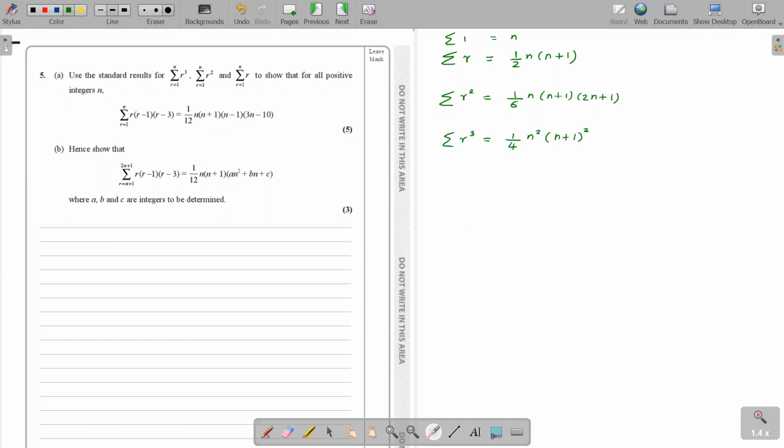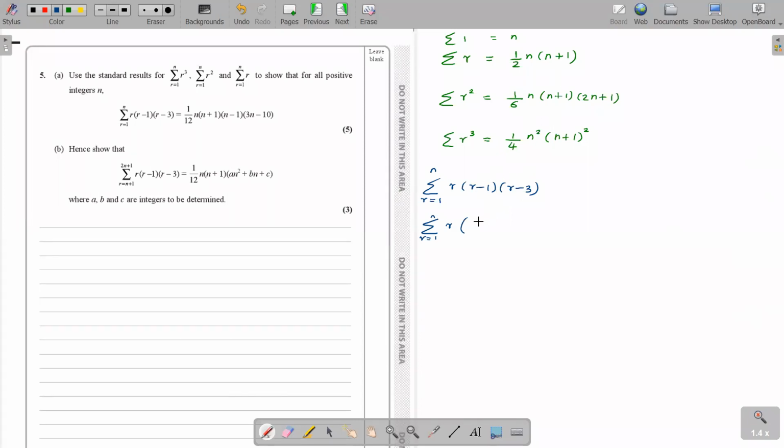Okay, so I have written here the standard results, including the summation of 1, all from 1 to n. So the standard results are given. All we need to do is expand the bracket, simplify, and substitute. So let's open the bracket, summation r times r minus 1 times r minus 3. Summation 1 to n of r times, let's open the bracket, r minus 1 into r minus 3